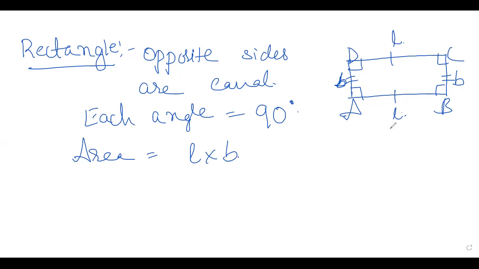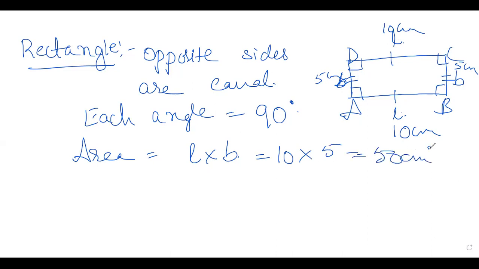This is the area. So for example, it is 10 centimeter and it is 5 centimeter. Okay, this is 10 and this is 5. How will you find the area? That is, what is length here? 10 centimeter. Breadth is 5 centimeter. 10 into 5, 50 centimeter square. See here, you should write square, children, because centimeter into centimeter, that is centimeter square. Area ನಾವು square ಅಲ್ಲಿ ಬರಿಬೇಕು.